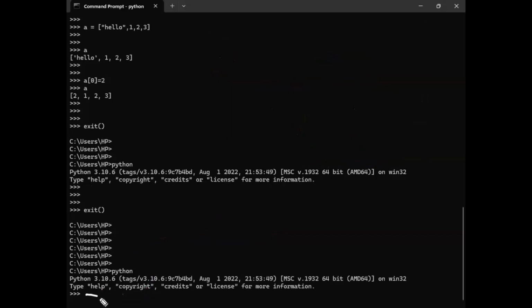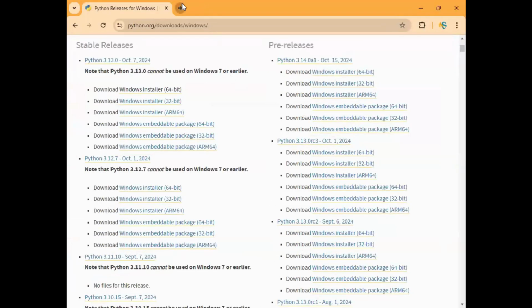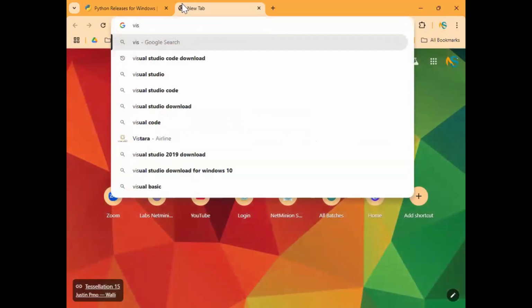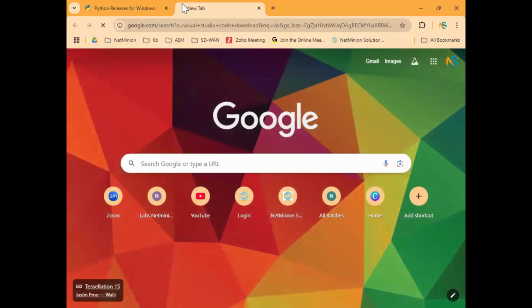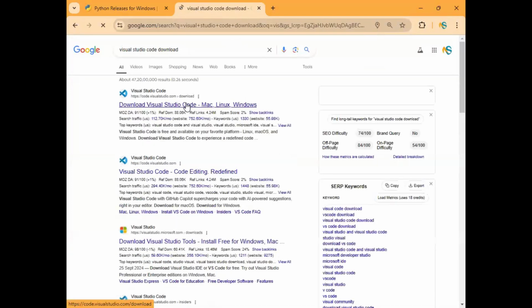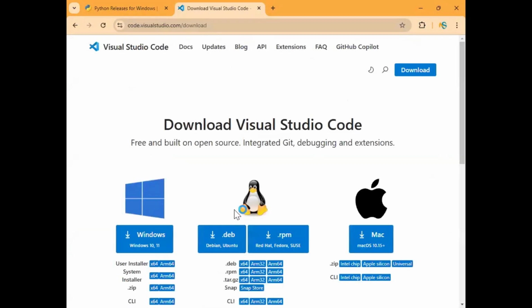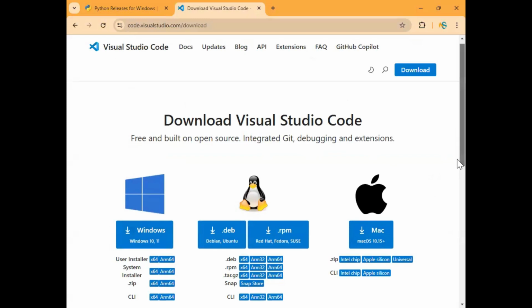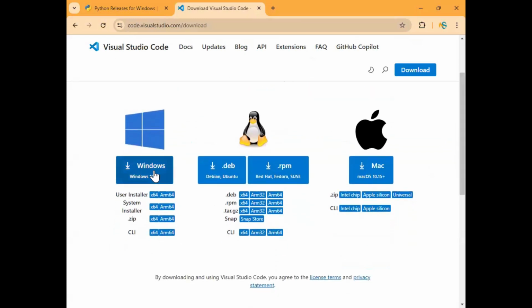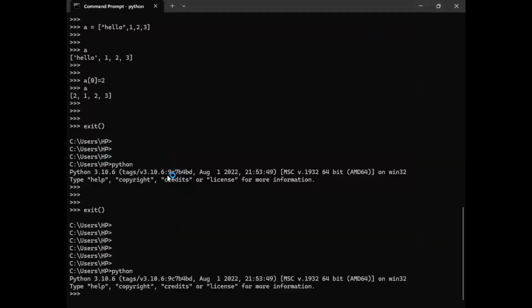So you can see this is an interpreter. When you write down Python, if you are able to see such a screen, it means your Python is installed. And as I told you, we won't be doing it on the command prompt. Everybody, just search for Visual Studio download from the official website, depending upon your machine, and please install. It is free to use, nothing to worry about, you need not pay anything.